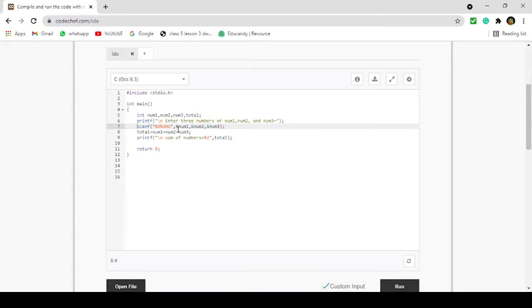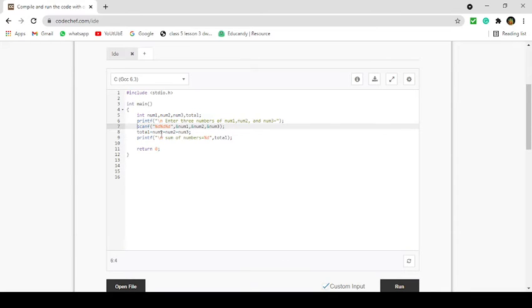When you enter a value, this value is stored at a particular place, and that particular place's address is represented by ampersand. &num1, &num2, &num3 with commas, and then the termination point is a semicolon.